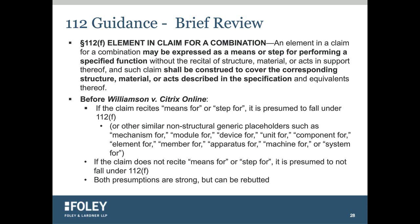code, it is now categorized under 112F, and that an element in a claim can be expressed as a means or a step for performing a function without the structure, but the claim is construed to cover whatever the structure, material, or acts that's described in the specification. Before an important case, the Williamson v. Citrix online case, if there was a claim that included the magic words means for or step for, there was a presumption that 112 paragraph F, or before the AIA, 112 paragraph 6 would be triggered. And then there was a presumption that if the magic words were not used, that 112F was not to be